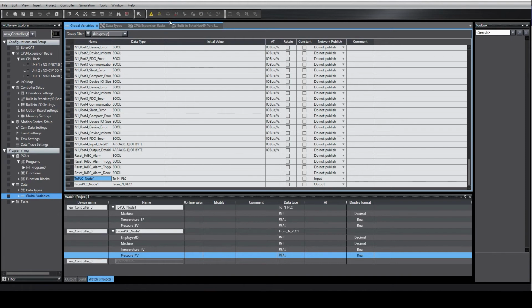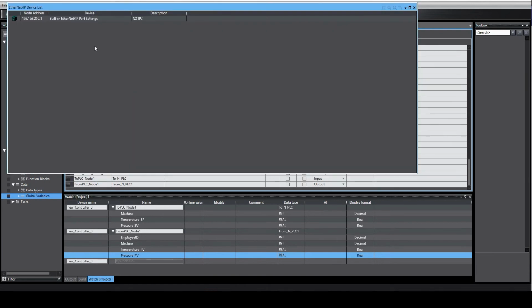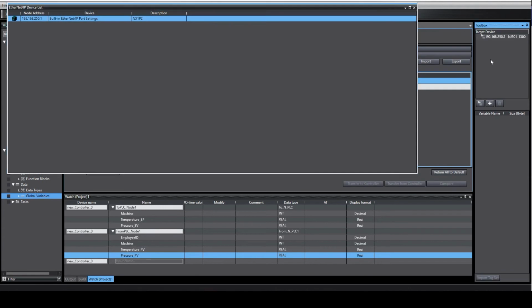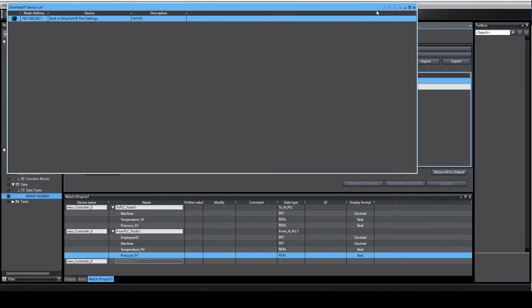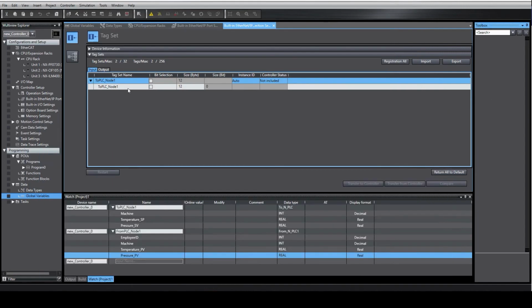Once you do that, you would select tools and select Ethernet IP connection setting. And that would open up another window here. And in here, you want to select this icon here and it will open this window here. Go back here. So at this point, you want to select add, okay? And you would type in the IP address of the NJ, which is